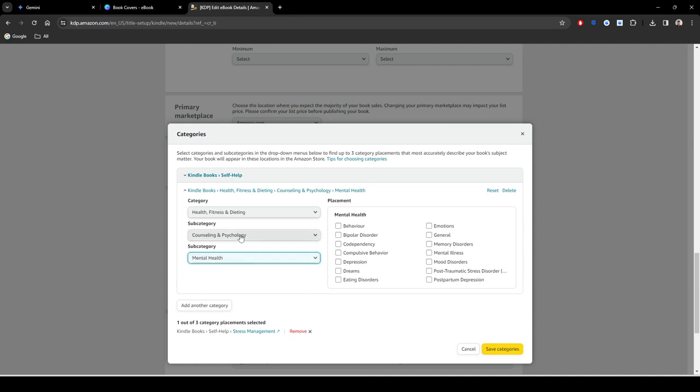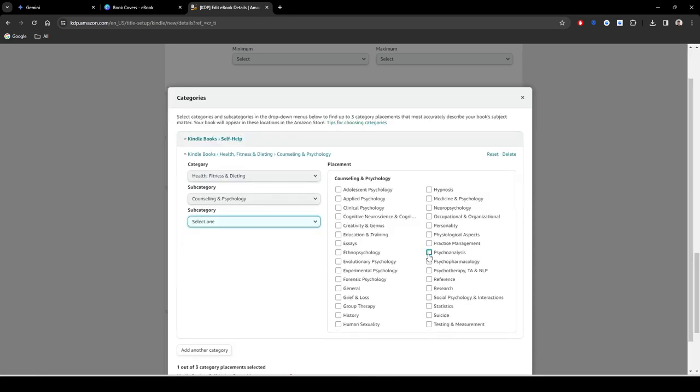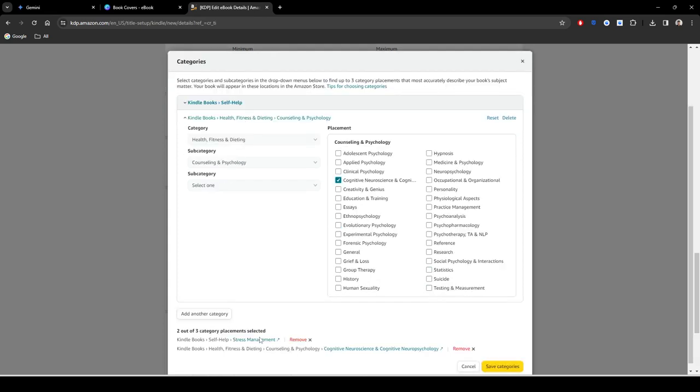But I think I will add, maybe if I get rid of it, let's have a look at these ones here. So do they have one? I'm looking for an anxiety one, but I don't see. We have cognitive neuroscience, so I guess I'll add this one. And I'm just overthinking this. Social psychology, no. Research, no. Yeah, okay. So I guess I'll add those, and then I will add